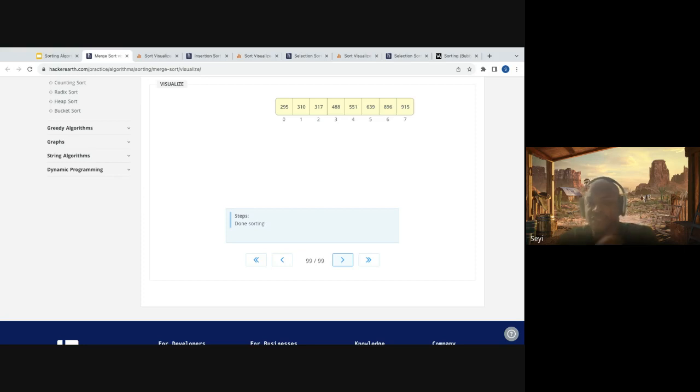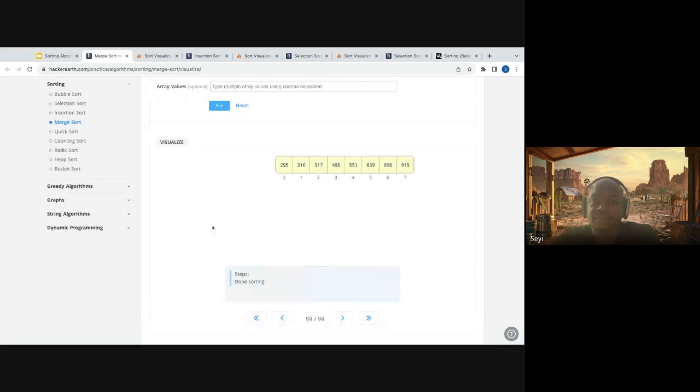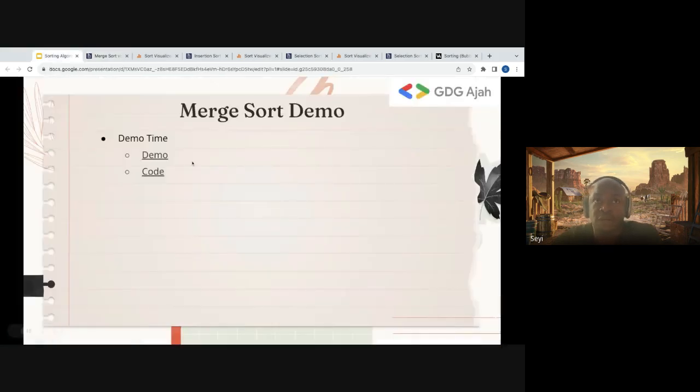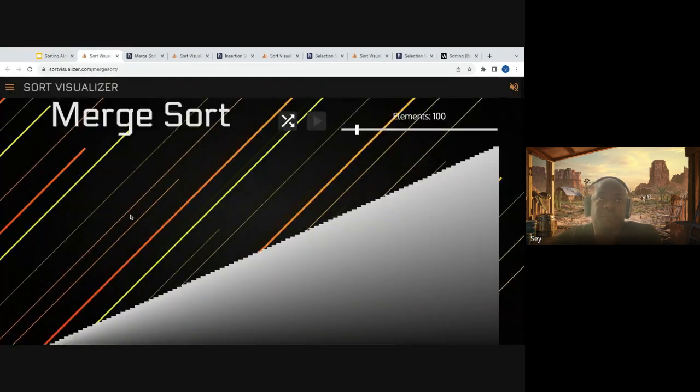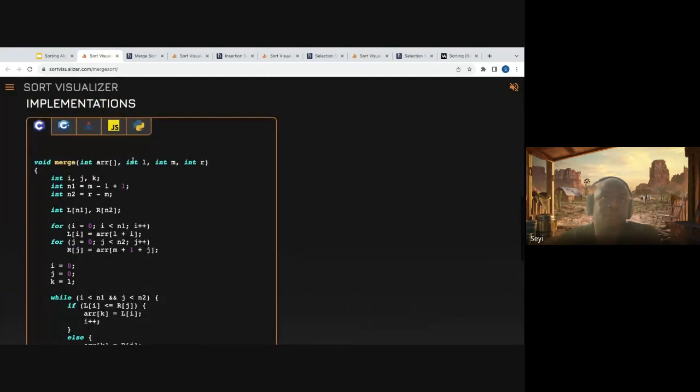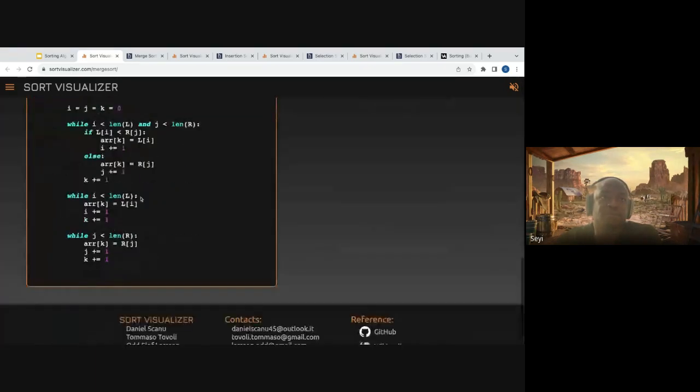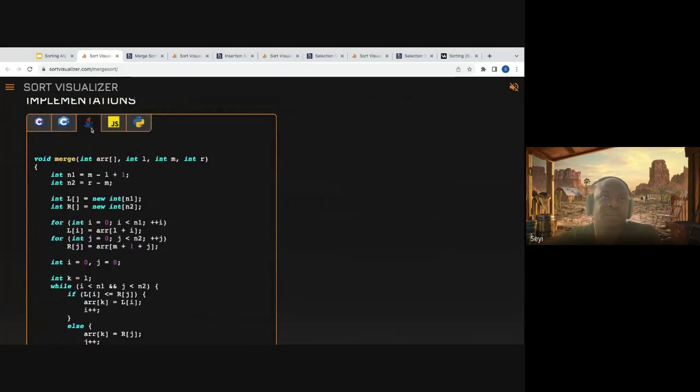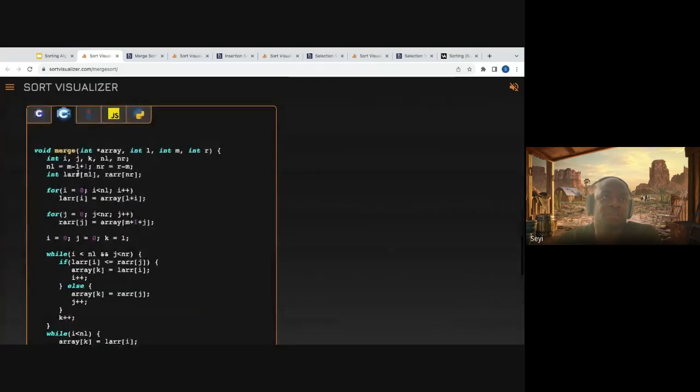You need to note: divide the problem into multiple sub-arrays, solve each one, and then combine the results. And that's merge sort. So back to the code now. For merge sort, I'm going to try and see if I can find something that makes it trivial.